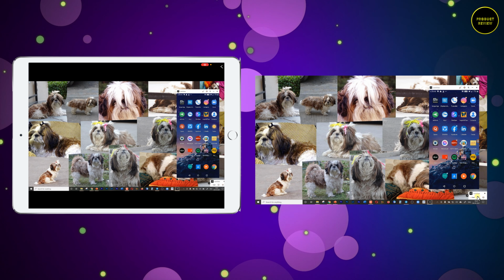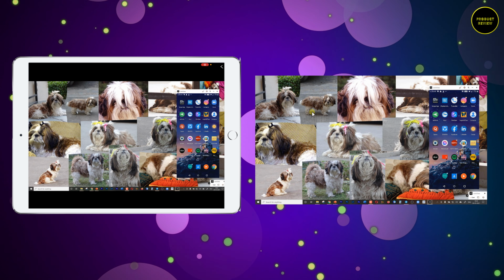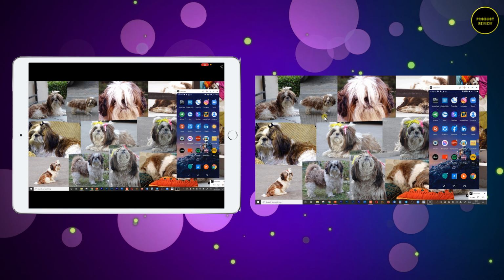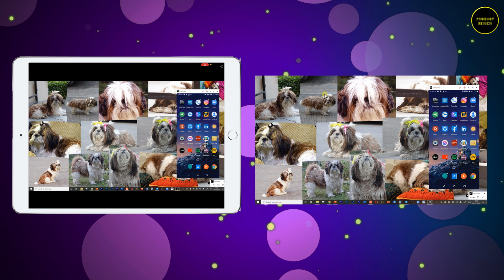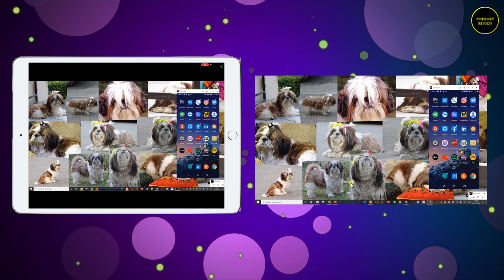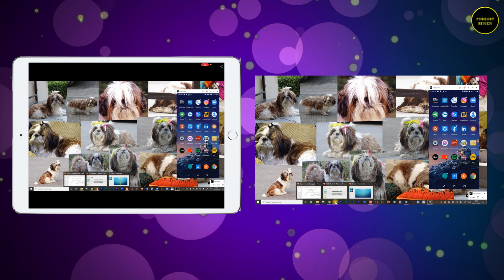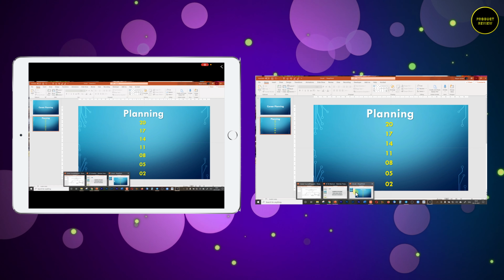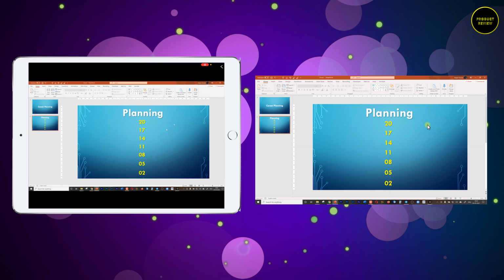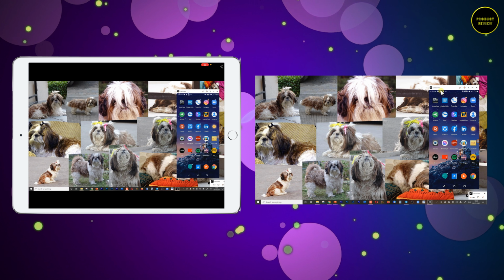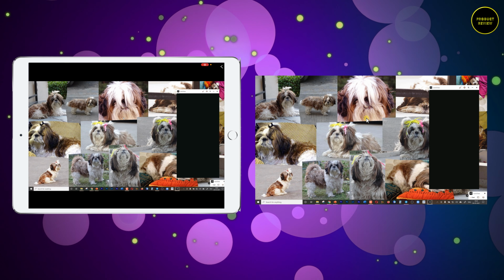Moreover, right now I'm moving my finger on my iPad and the mouse arrow is also moving on my PC. Now the mouse won't be exactly on the place where you touch on the iPad. It will simply function as a mouse pad and my finger will be the mouse. I can move the mouse on my iPad, I can even click things and it will work like a proper mouse. So now you can control your computer from the iPad.